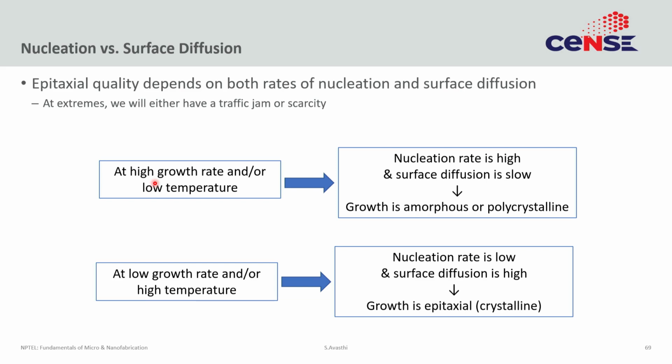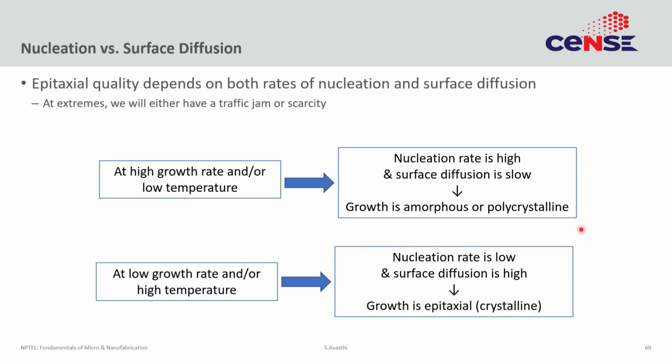And if it does not reorganize itself on the surface, then it cannot do epitaxy, because the whole point of epitaxy is that the silicon underneath orients the nuclei that are on top. So, the nuclei that are growing on top have the same orientation as the underlying silicon, and as these nuclei grow, that orientation is maintained and you get an epitaxially oriented film on top. But in cases where the growth rate is very high, where the material is getting deposited at a very fast rate or the temperature is very low, that cannot happen. So, often in these cases the growth is amorphous or polycrystalline. You are just not giving enough time for the material to orient.